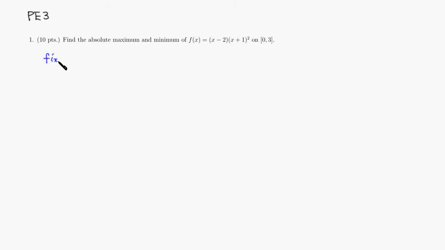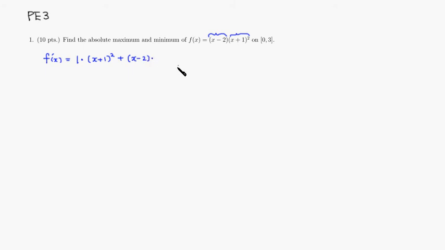F prime of x is equal to... I'm going to use the product rule. So this is the first guy, this is the second guy. Derivative of the first is 1 times the second, so you have (x + 1)^2, plus the first guy, x(x - 2),